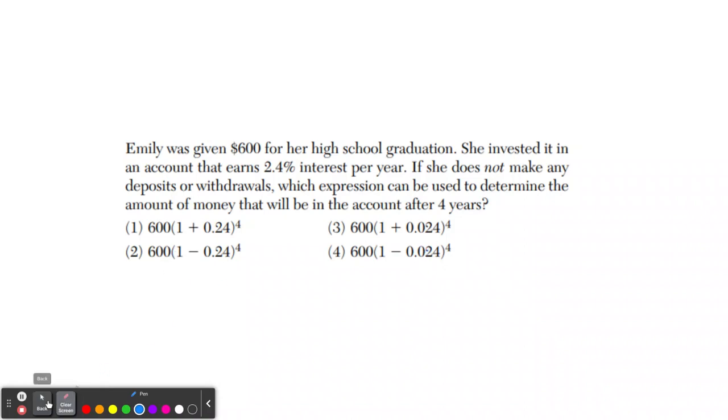And you'll see this formula here. Let's again keep the blue. So you'll see these formulas where we have the principal, the initial amount, and then you'll have 1 plus r to the t, to the time. And this is, of course, what you'll see if it's appreciating or if it's increasing. If it's depreciating, like cars, for example, then you'll see a minus sign. So we know that we have 600, and they all show that. And it's going to be 1 plus